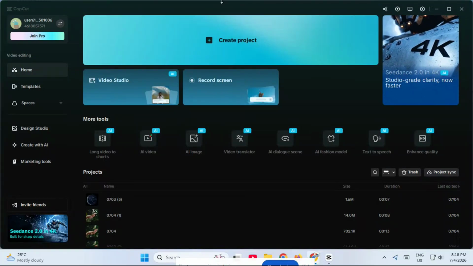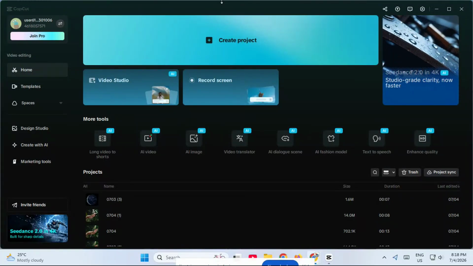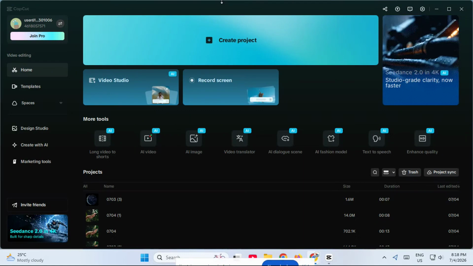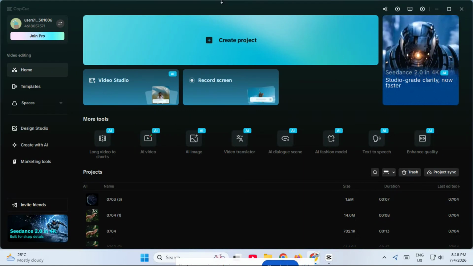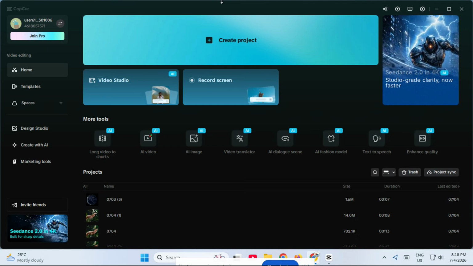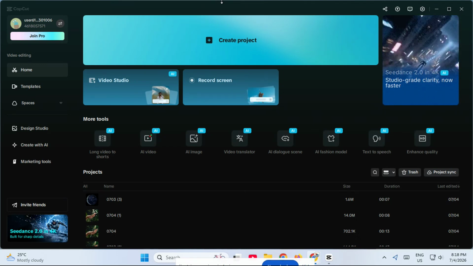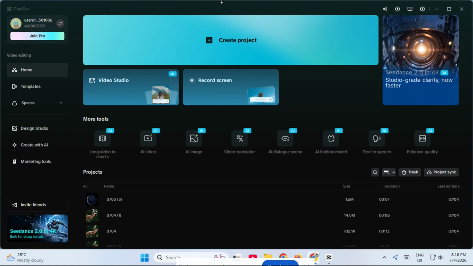If you want to learn how to use CapCut for video editing on PC, you're in the right place. In this video, I'll walk you through the basics step by step so you can start editing your own videos quickly and confidently. We'll go from opening CapCut and importing your footage all the way to trimming clips, adding text,